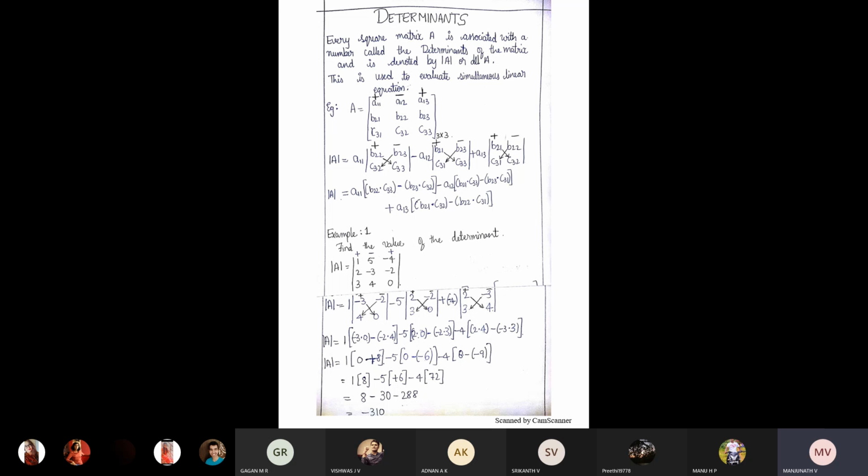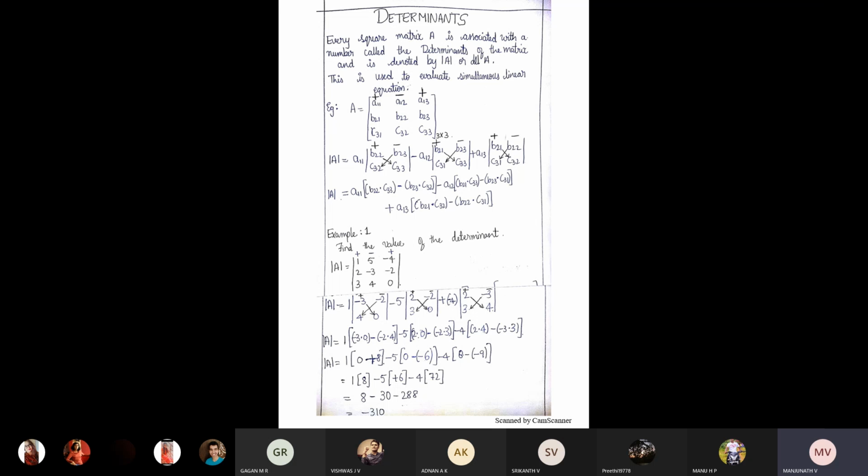Here in the slide, they say that the first row is called A, the second row is called B, the third row is called C. That is what is called A11. They have taken three different variables. That's fine: A11, A12, A13, B21, B22, B23, C31, C32, C33. That is a general form.